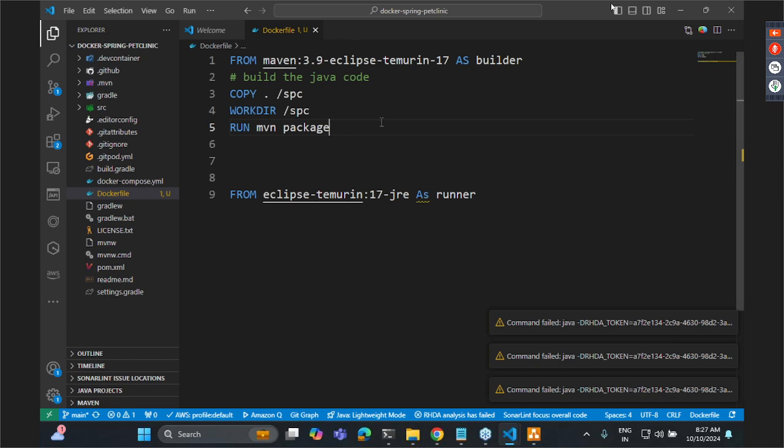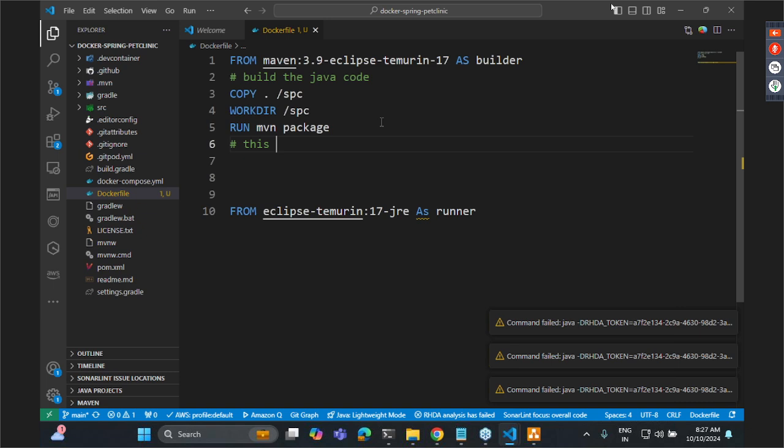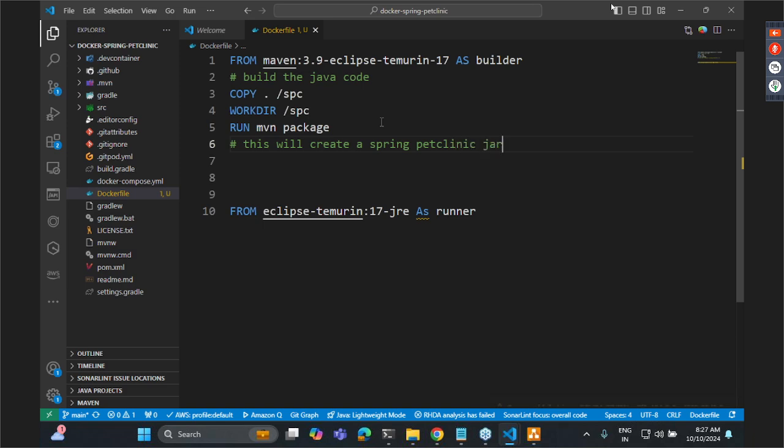Now when I do this, what would happen? This will create a Spring Petclinic jar file. Are you clear on this, sir? Now, in my application, do I need Maven or do I need only the jar file? Jar file. Okay. So over here, what I'll try to do is I'll try to tell that I want to